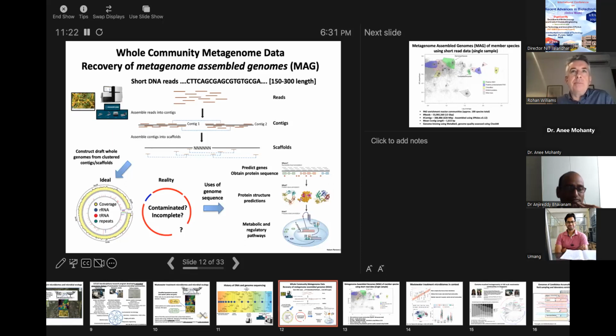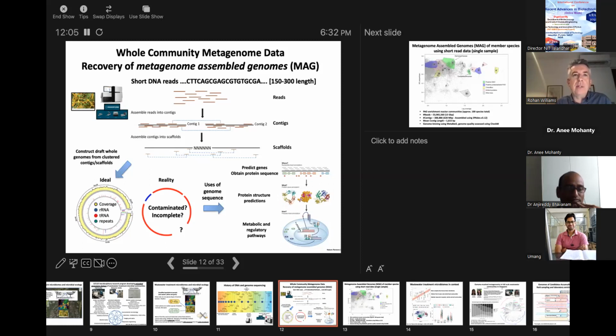And then if you're lucky, you can start piecing these slightly longer fragments together into longer ones again that we call scaffolds. The idea is that you take scaffolds which, under a set of analytic criteria, are likely to arise from the same genome and reconstruct an entire genome. In an ideal world, this is what it will look like. It would be a continuous chromosomal sequence. It would have all the right kinds of ribosomal genes, or the requisite number of tRNA genes and so on, and you'd be able to sequence all the repeat regions and construct a single sequence. But in reality, it's not that simple.